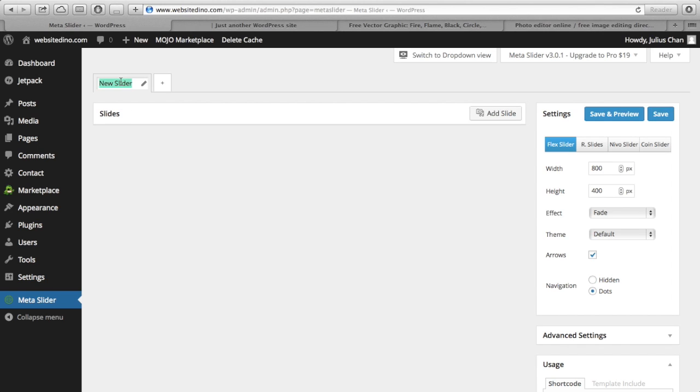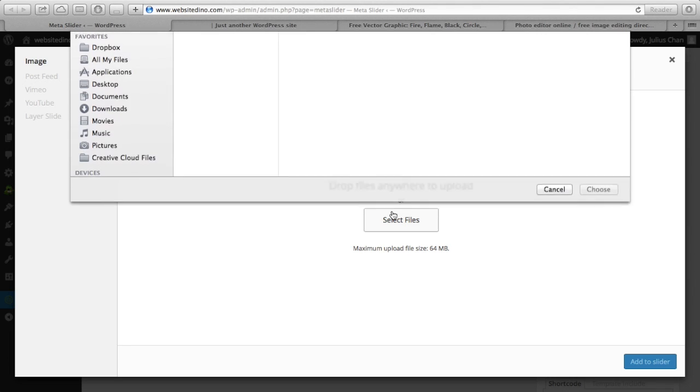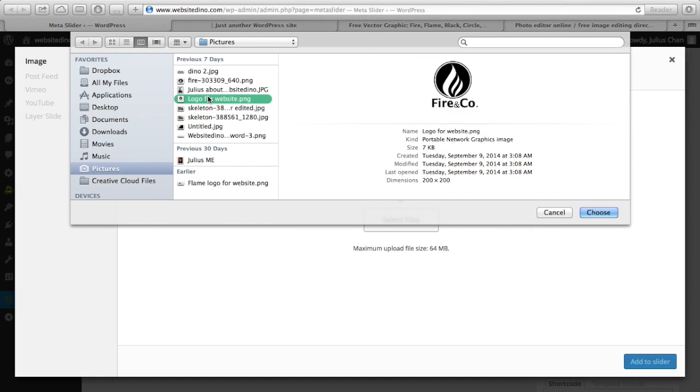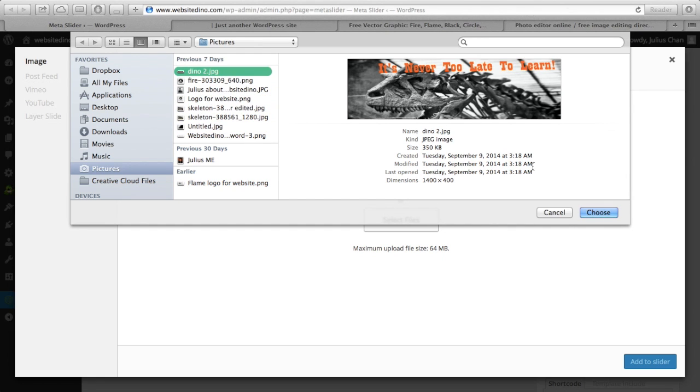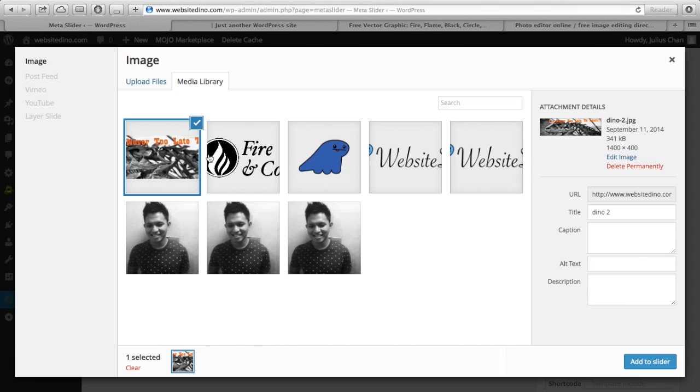Rename the new slider that you want to use for your homepage slider, and you can start adding a slide. I've got some pictures already from Pixabay and edited it as well. You can scroll through the list of the many pictures there are in Pixabay, and in another video I will teach you how to insert text and also edit pictures so that it looks really nice like this. So we will just add it to the slider,